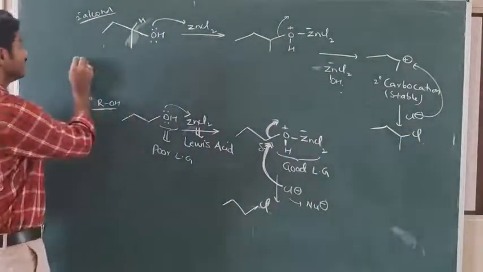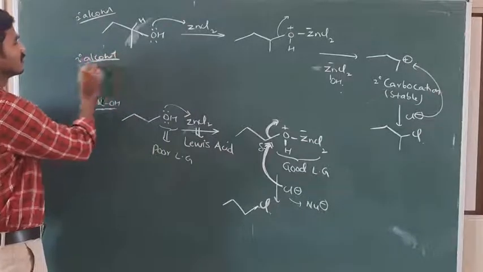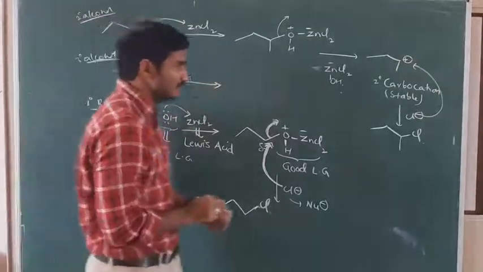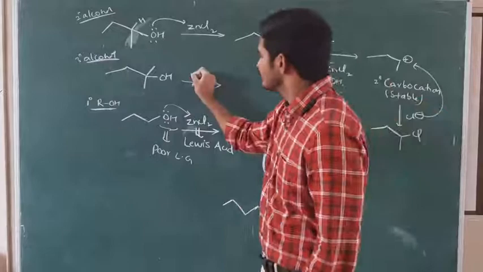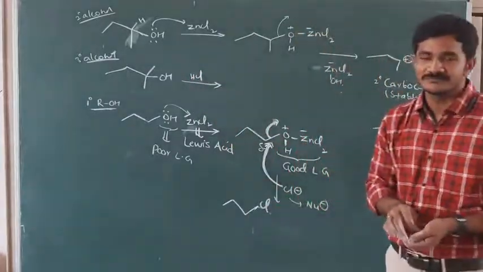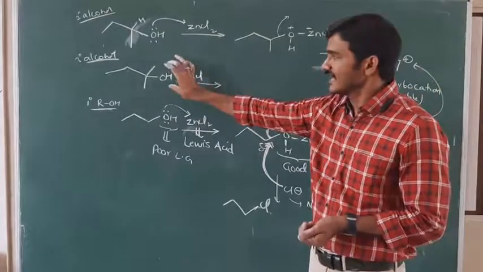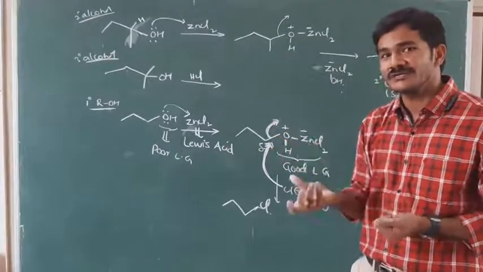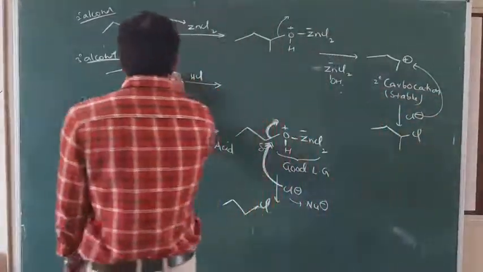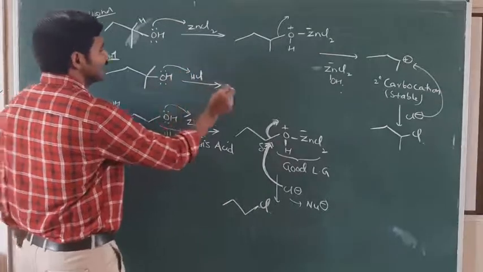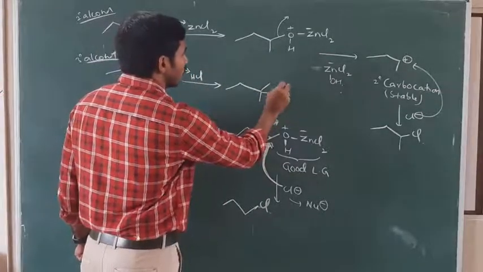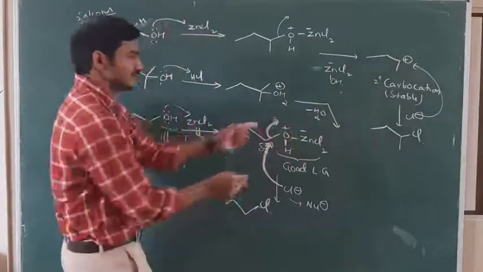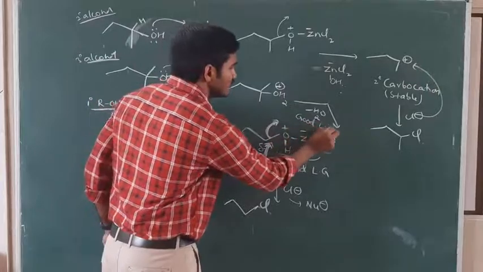Understood? If I take a tertiary alcohol, this molecule, I am directly adding the HCl. I am not taking ZnCl2, because tertiary alcohols can react easily. Reactivity is very fast. Why are they more reactive? After attacking with H plus, they form OH2 plus, which is eliminated easily. H2O is eliminated because H2O is a good leaving group. Remember this, H2O is a good leaving group.